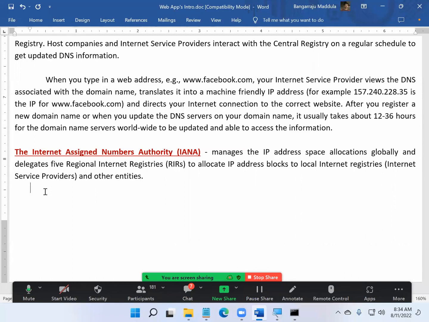For your device, your router will assign it. Not about that, public IPs. Who assigned an IP address for Facebook? Who assigned an IP address for Google? These are some important things we need to understand. Small things only. We'll conclude it tomorrow, and we'll jump into the concept of how the web pages are going to be accessed.